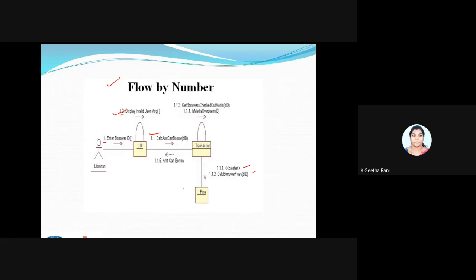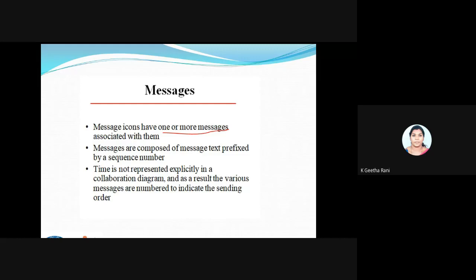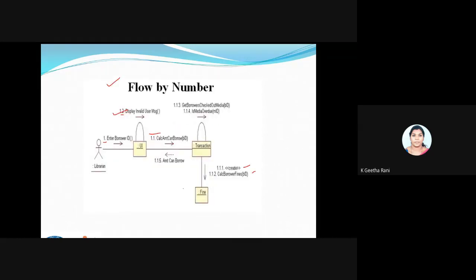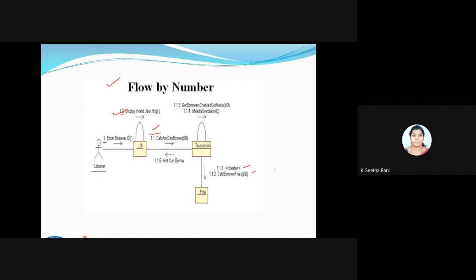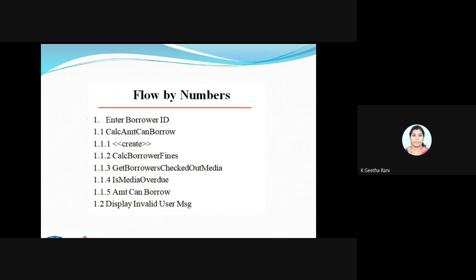Fine. So that's it about the message passing and how to indicate the numbers for the message passing. Don't worry, we'll see an example clearly and we will number it properly. I have taken an example to show you what these numbers mean. You can see here I'm just giving a flow of numbers like 1.1, 1.1.1 and all those things. You can see here 1 is here, 1.1 is here actually, but 1.1.1 is somewhere here, which happens between these two objects. So this is the way I'll be writing it. I can add as many subdivisions as I want, based upon the problem.